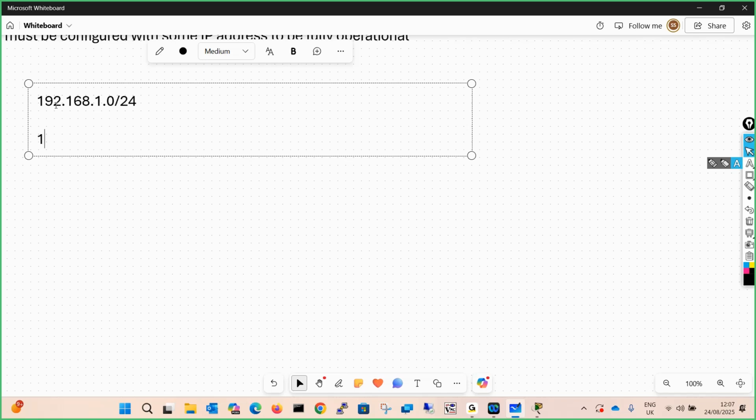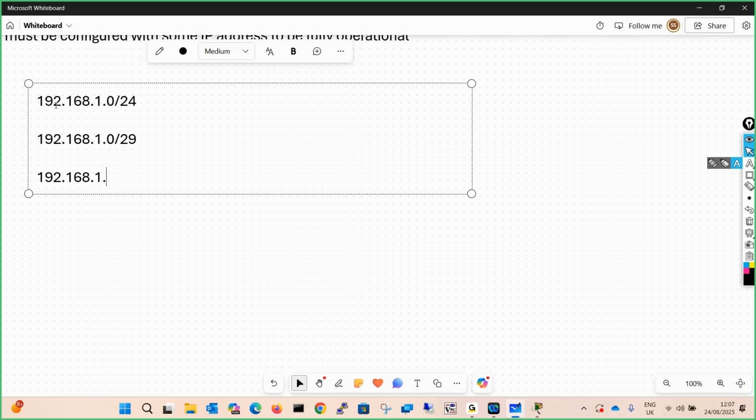I will do subnetting and use 192.168.1.0/29, and I will be using another network 192.168.1.8/29. These two networks I will be using. I have taken 8 IPs for one network and 8 IPs for another subnet. So this is one network of 8 IPs with the network ID 192.168.1.0, and this is another one, 192.168.1.8.